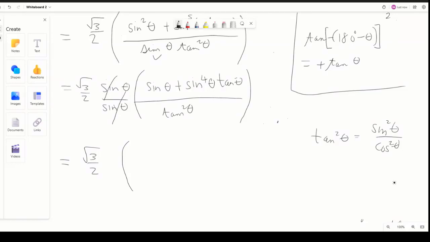Okay, so look what I'm going to do carefully now. I'm going to replace tan squared theta with sine squared over cos squared, and the cos squared will go to the numerator, and the sine squared will be in the denominator. That's what will happen now. I also need to deal with this thing here. Just need to get rid of something here. I'm thinking of a way to do it nicely